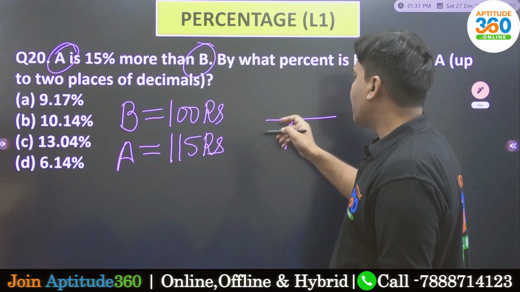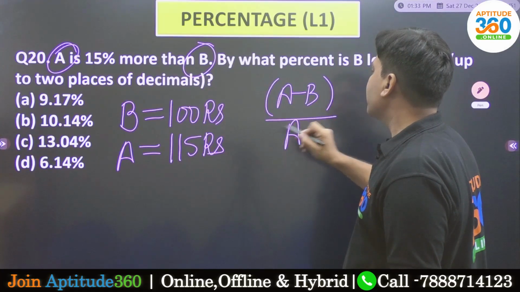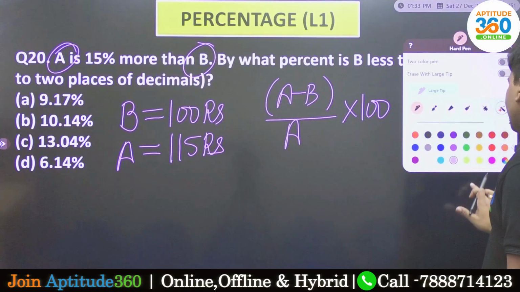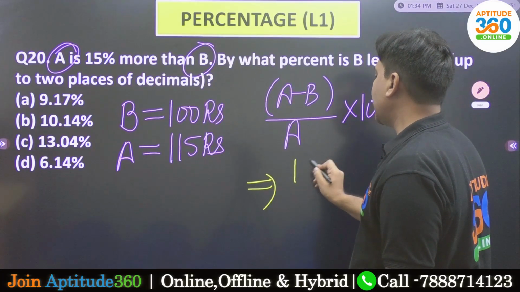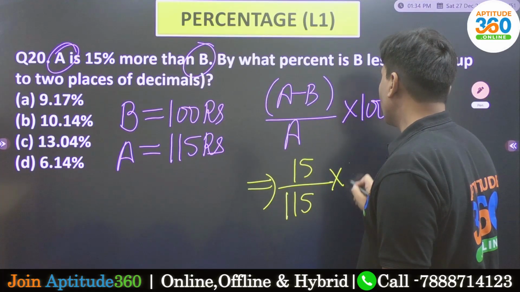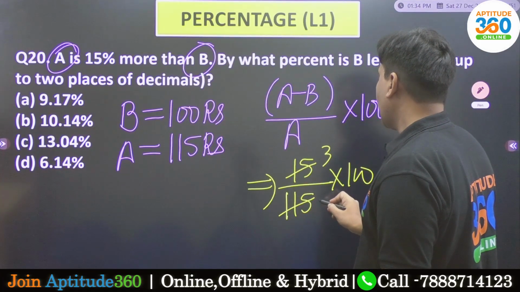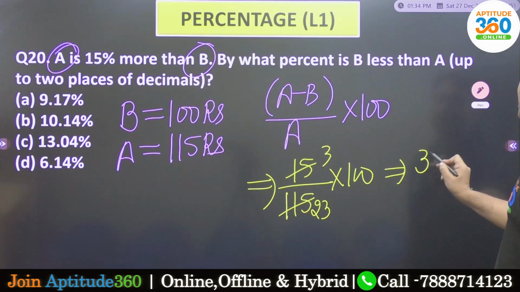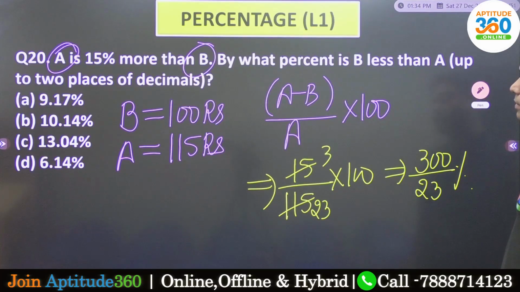अब क्या करोगे यहां पे? ओवर हियर ए बी से कितना बड़ा है यही तो लिखोगे, डिफरेंस इनटू 100. दैट इज व्हाट यू शुड बी डूइंग. और अगर आपने ऐसा कर दिया तो आपका आंसर कितना निकल के आएगा? A minus B will be 15 and the value of A is 115 into 100. So 5 into 3, isn't it? And then 23. So if you simplify, this is 300 upon 23%.